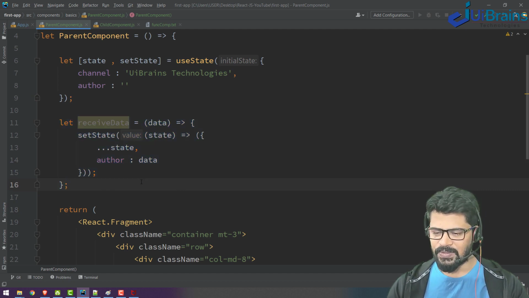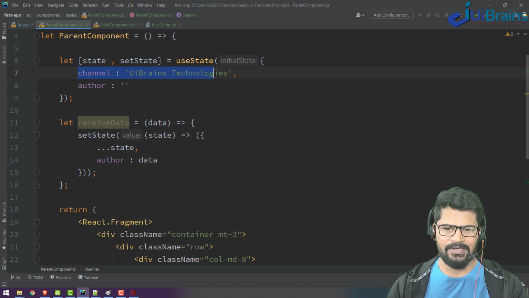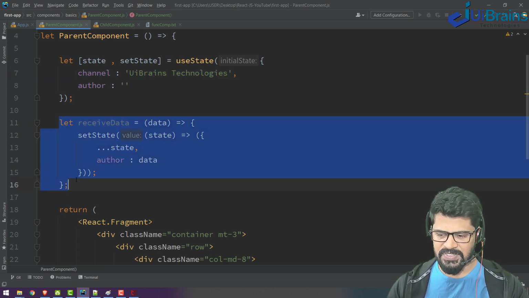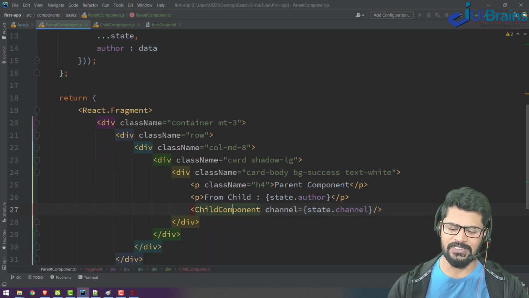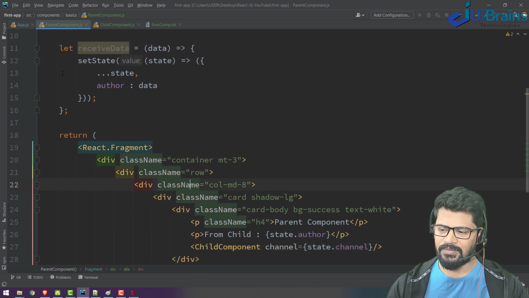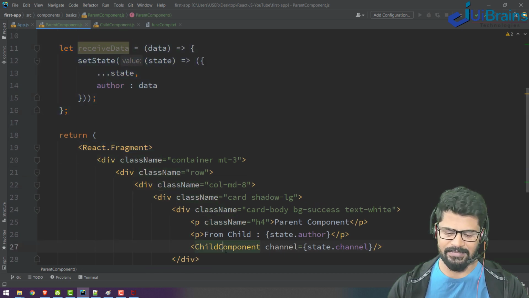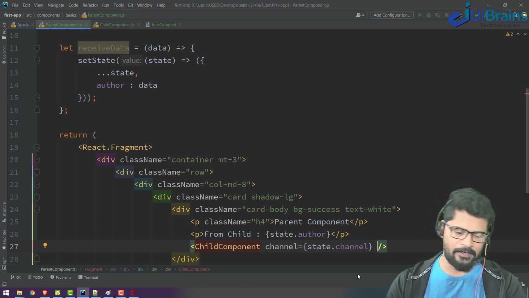So the story is, I want to make this function available. We made channel available to the child through props. Same like that, to make this function available to the child through props so that the child can call it, you make some property.